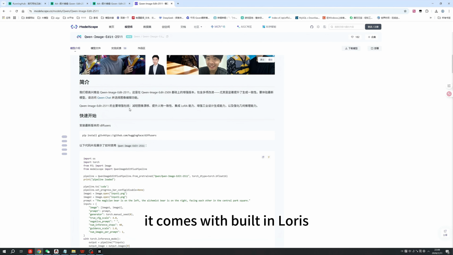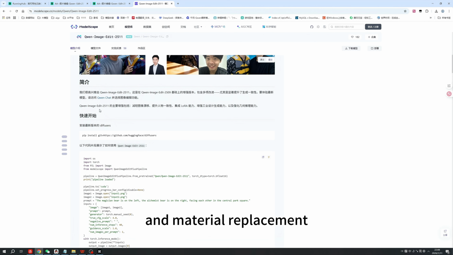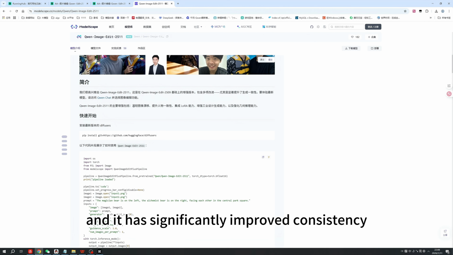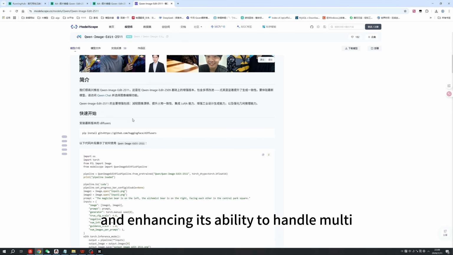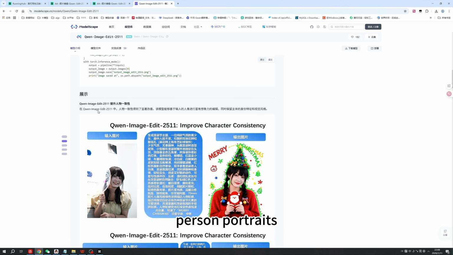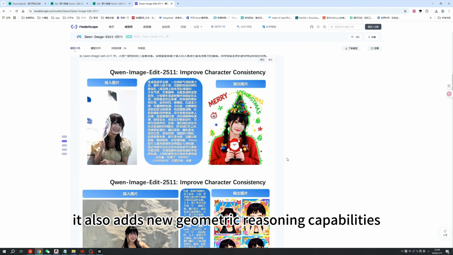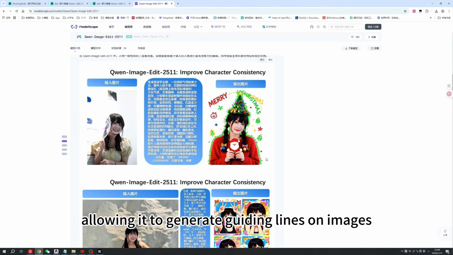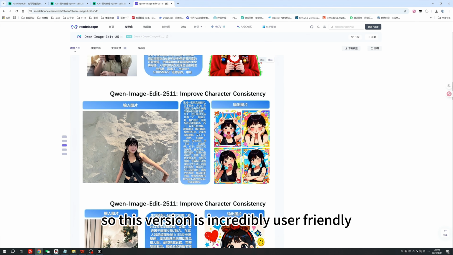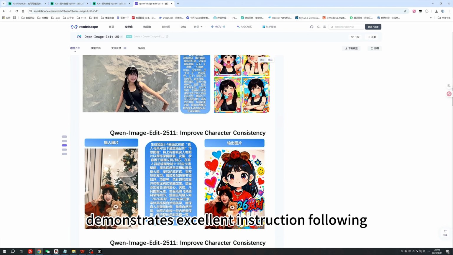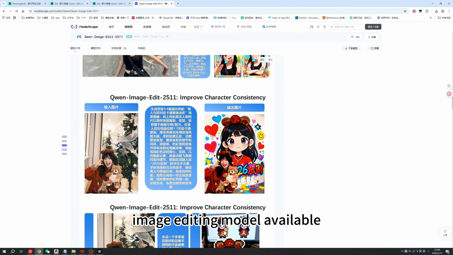It comes with built-in LORAs, low-rank adaptations for tasks like relighting and material replacement, and it has significantly improved consistency, greatly reducing issues with subject drift and enhancing its ability to handle multi-person portraits. It also adds new geometric reasoning capabilities, allowing it to generate guiding lines on images. For example, this version is incredibly user-friendly, demonstrates excellent instruction following, and is arguably the strongest open-source image editing model